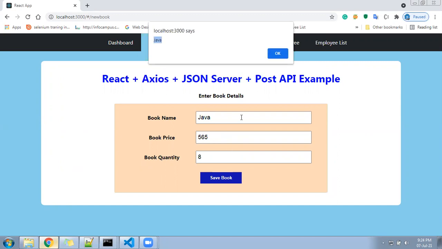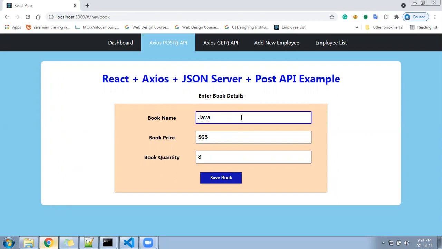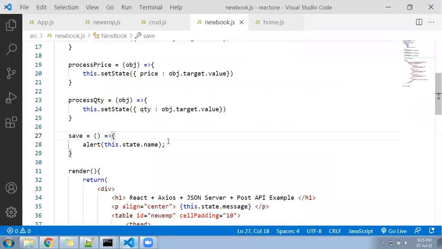Here, see, I'm able to see the alert. That means while typing, our value is able to pass to React. It's gone to the state variable. It has reached here. Okay. Now the final status is what? Create a JSON and post to the JSON server. Let's have a look once at what we did in this entire process.